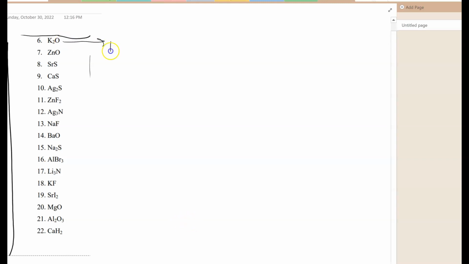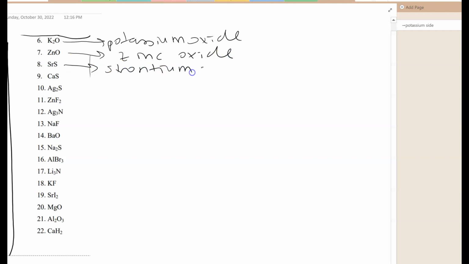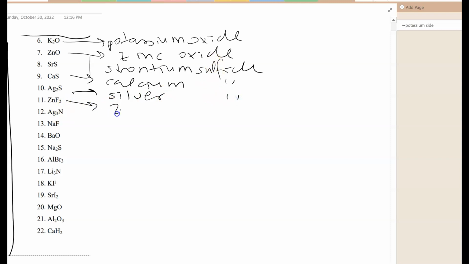K2O. K2O is potassium oxide. ZnO, zinc oxide. SrS, strontium sulfide. Calcium sulfide. Silver sulfide. Zinc fluoride. Silver nitride, sodium fluoride, barium oxide, sodium sulfide, aluminum bromide, lithium nitride, potassium fluoride, strontium iodide, magnesium oxide, aluminum oxide,